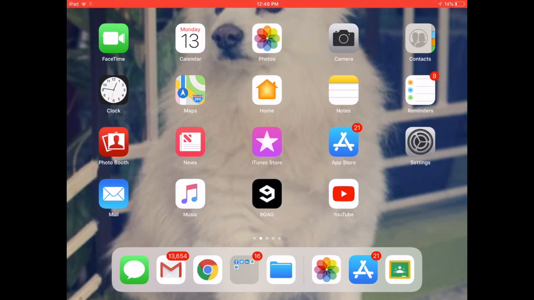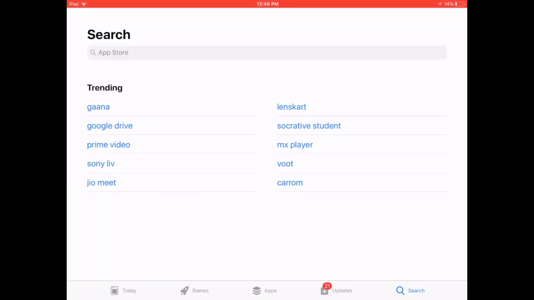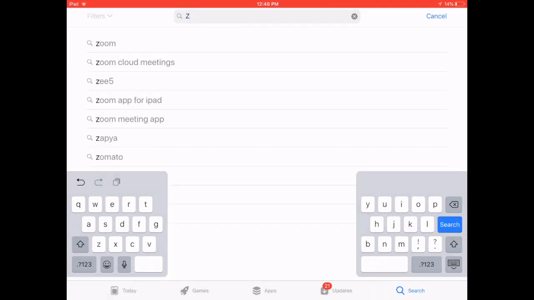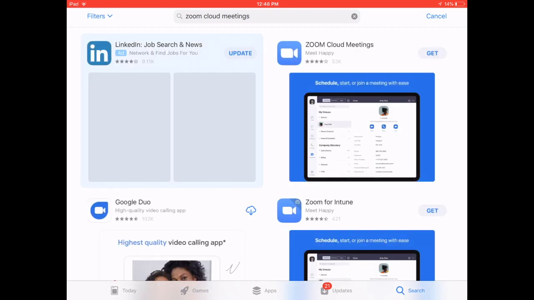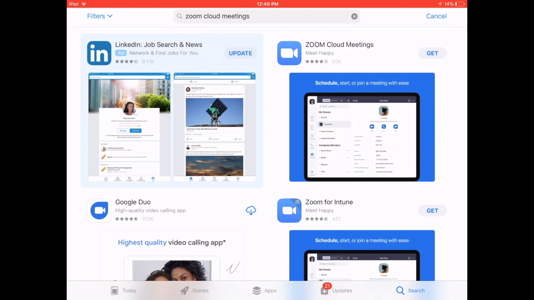Hi everyone, in this video I will show you how to install Zoom Cloud Meetings app into your iPhone or iPad. So the first thing I have to do is I will go into the App Store and then I will search for Zoom, Z-O-O-M, and I will click on Zoom Cloud Meetings, and then I'll just click on Get, and that will install the Zoom Cloud Meetings app into